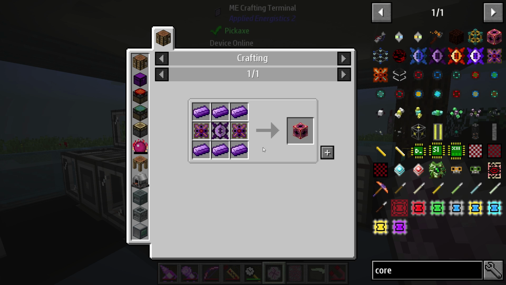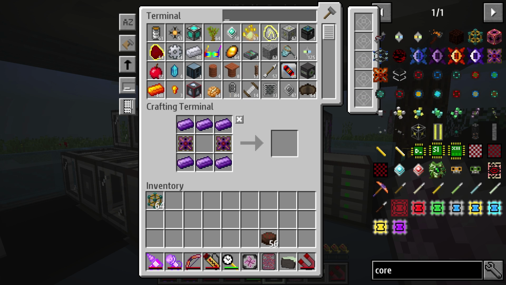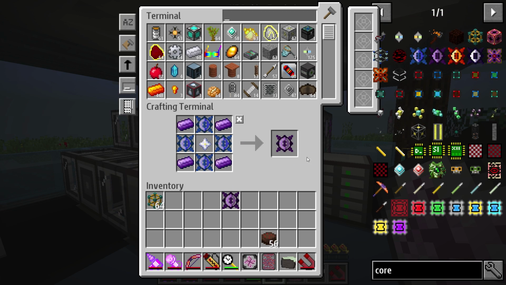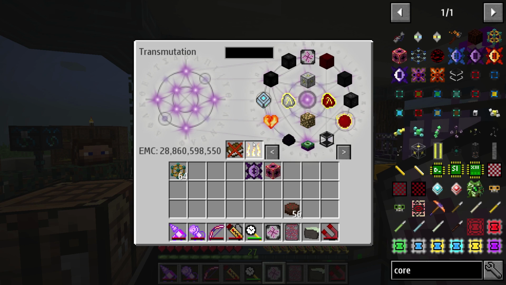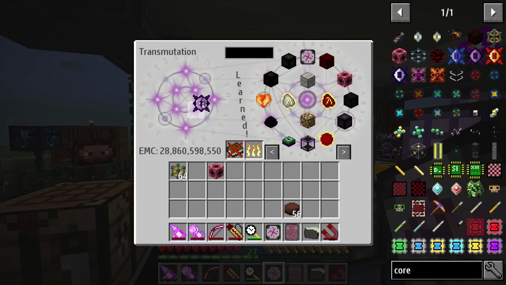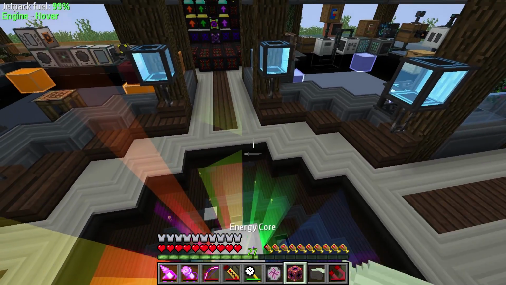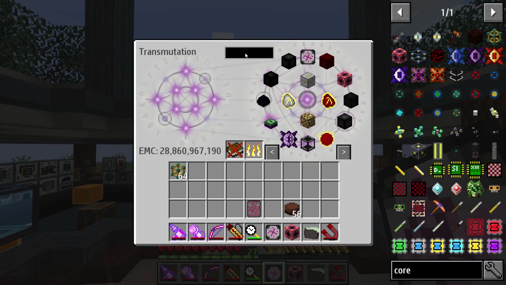make everything we need. So for this, right? That's all we need. A wyvern core. Voila. I'll take 1 for the road. And an energy core. Awesome. So I'll save all of these things, drop that bad boy back in there, and now we have the energy core. Now I need to place this directly in the center, and to do that, let's go ahead and get